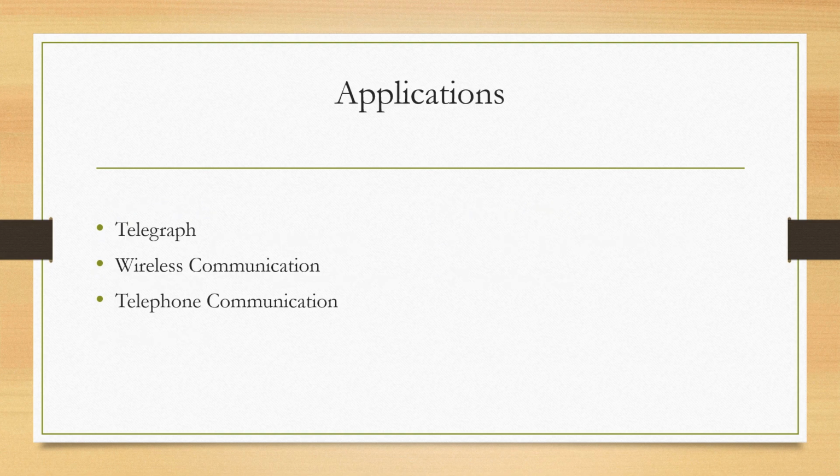We are going to see the applications of single sideband modulation. It is used in point-to-point radio telephone communication and SSB telegraph systems. In wireless communication it is given as general, but mainly it can be used by the police, and it can also be used in very high frequency and upper high frequency communication.